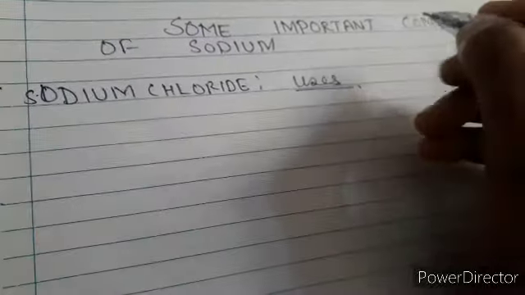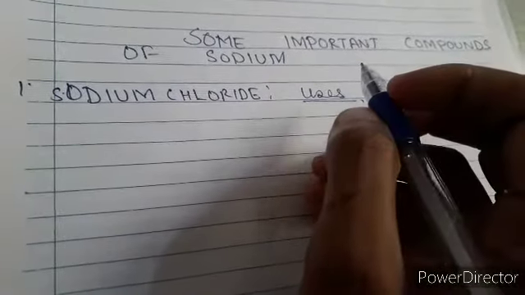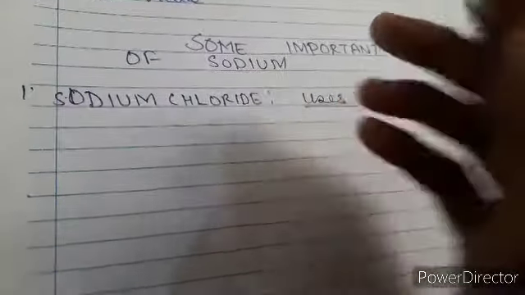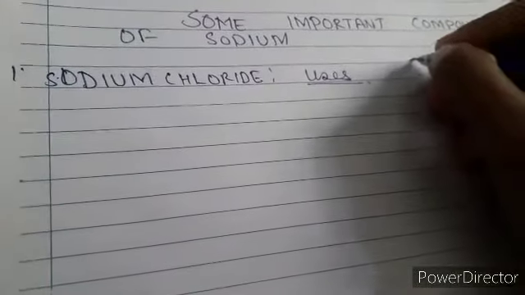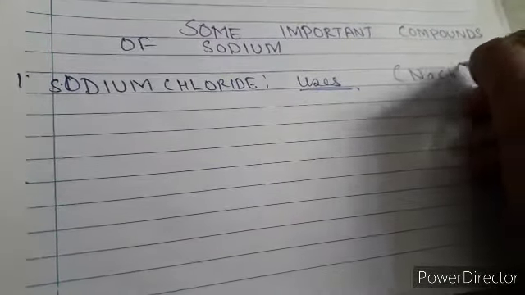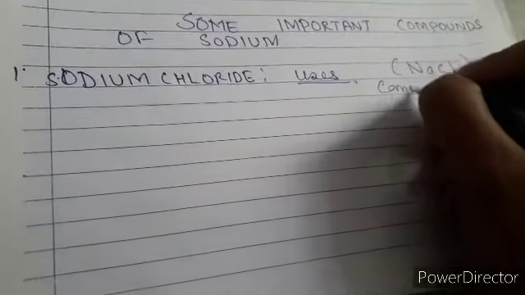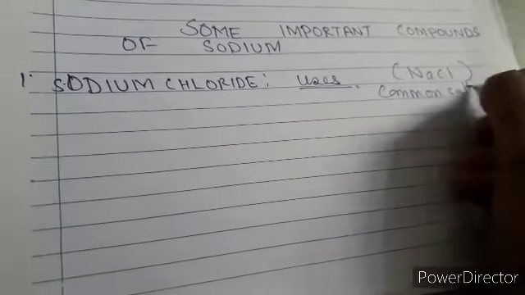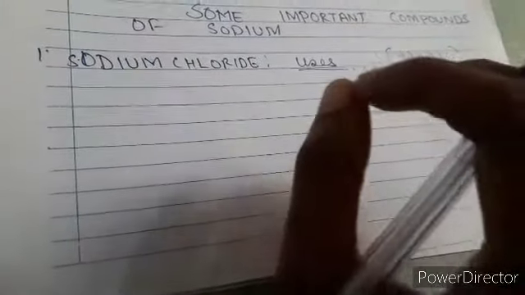Now class 11, we'll focus on some important compounds of sodium, and we are talking about the first compound, that is sodium chloride, and we'll see its uses. This is there in our course. You know that sodium chloride is also represented as NaCl. Its formula is that it is common salt. We call it common salt or table salt. All the things are the same. So no isolation, no properties being there, only uses are there.